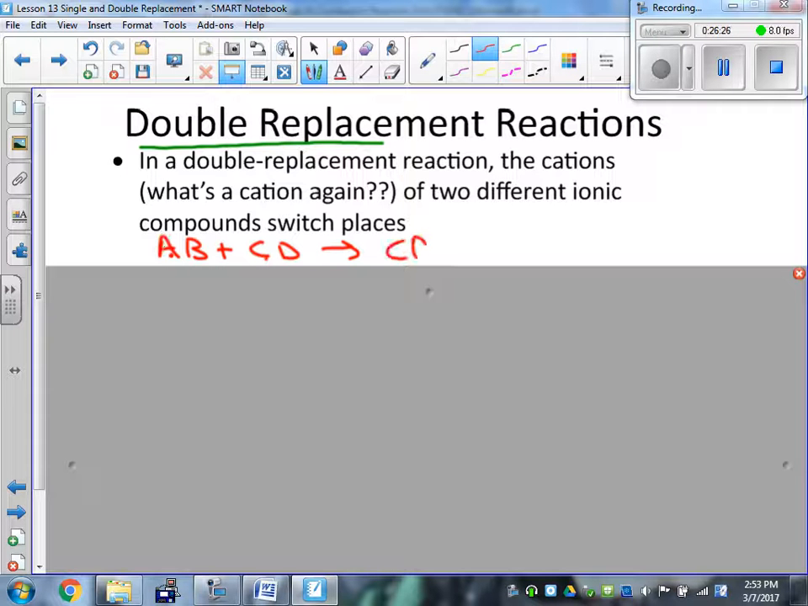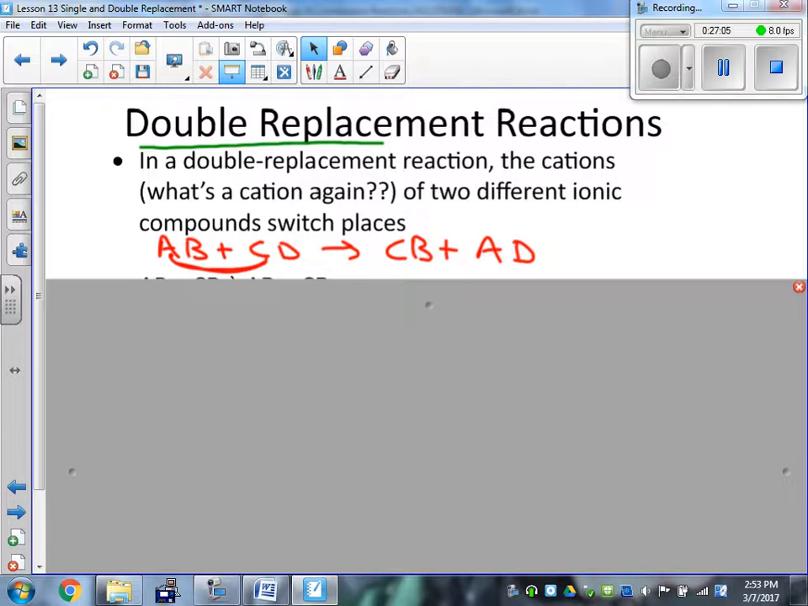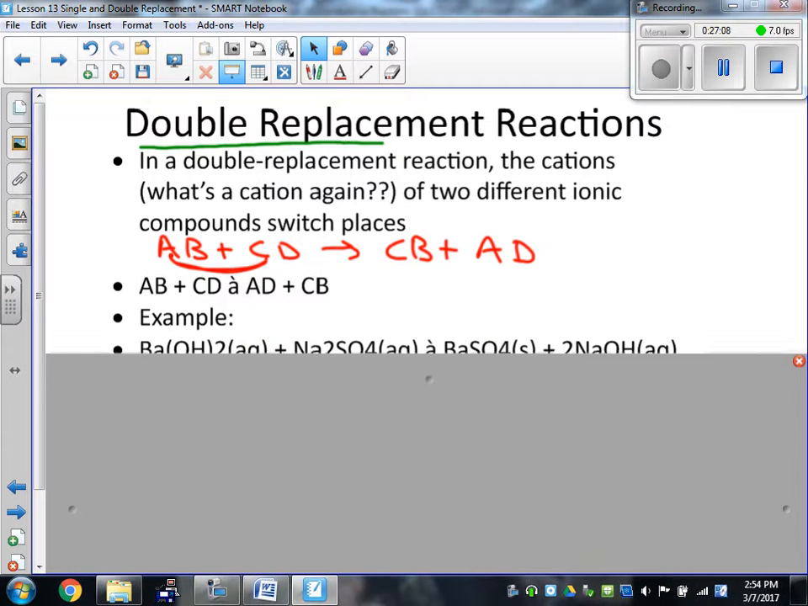So we're going to get CB, and AD. And you might say, well, can I write AD first and then CB? Absolutely. Doesn't matter which order you put the products in, as long as you get the right ones and you balance it properly. Now, we'll talk about that in a bit here. With these, you will need your solubility chart, because we need to know which ones are going to be soluble, aqueous, which ones are going to be solids, precipitates. An example here, barium,